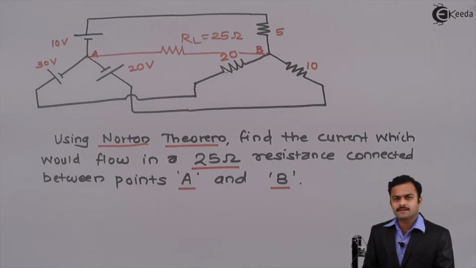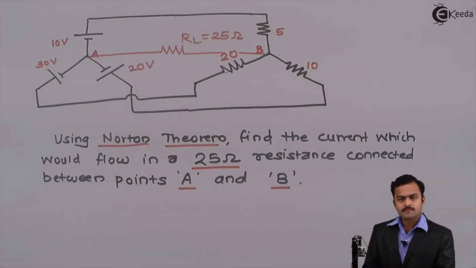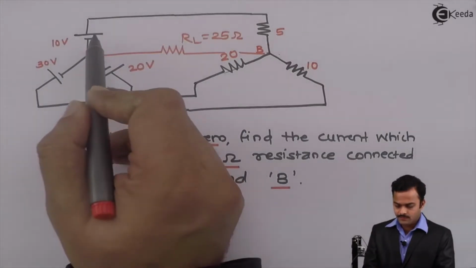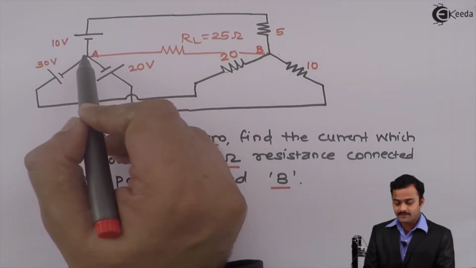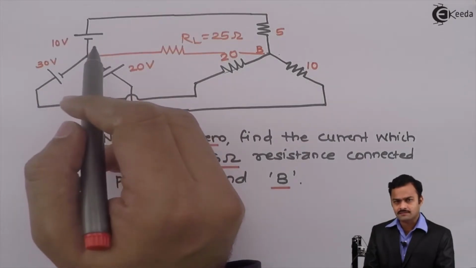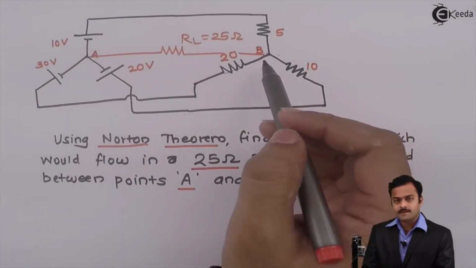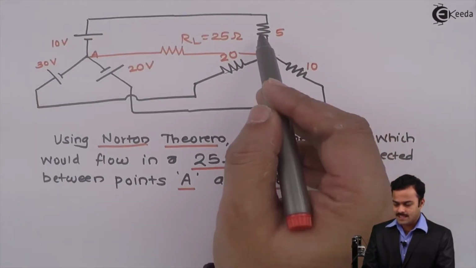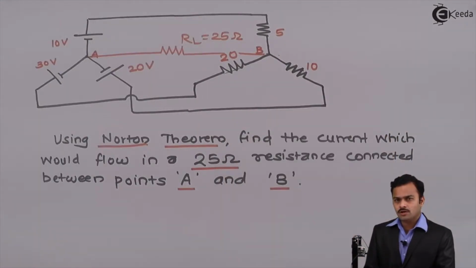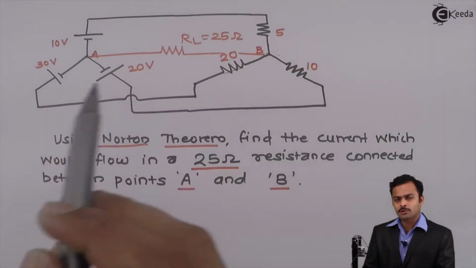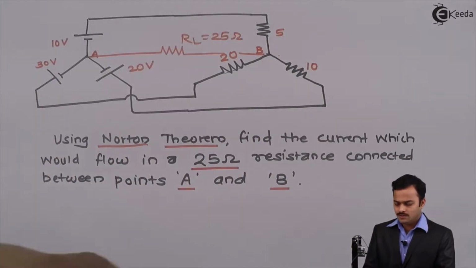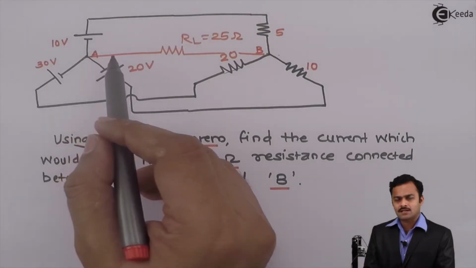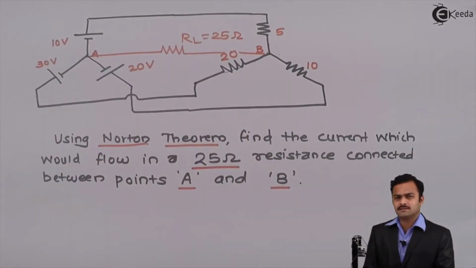Sometimes the circuit given will look a bit complicated at first look, like this circuit, where three voltage sources are connected in such a way that they are forming a star. In the same way, for these three resistances, I can say they are forming a star. But hold on, whenever we solve a numerical, I'll tell you, it's nothing like having a star or delta, it's a very simple circuit. Okay?